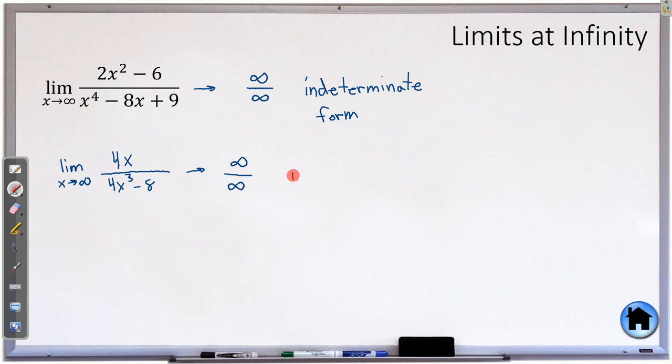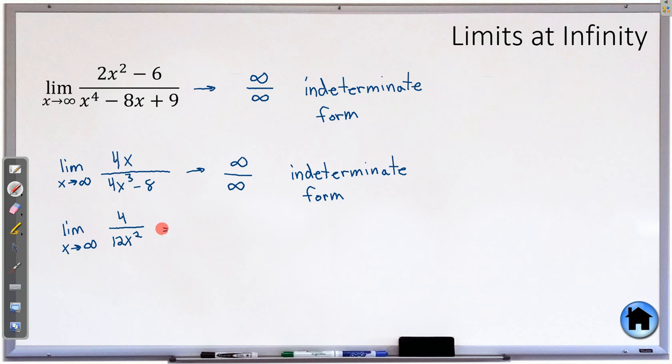We have another indeterminate form. Which actually is kind of nice, which means we can just do this again. So take the derivative one more time. So we have 4 on top, and on the bottom we have 12x squared,